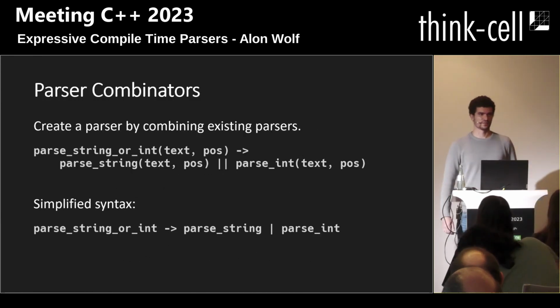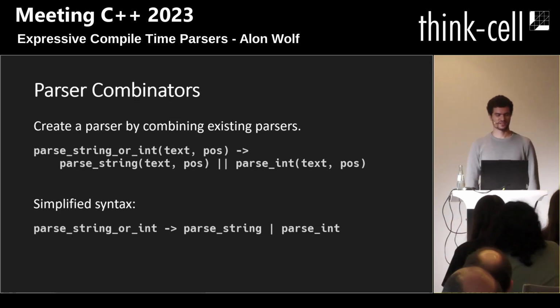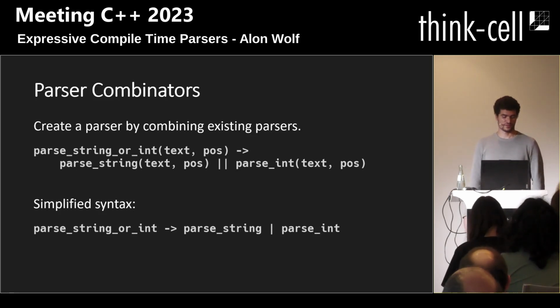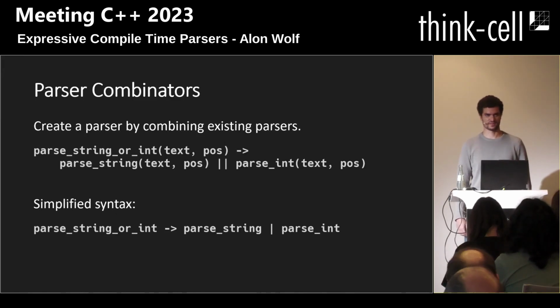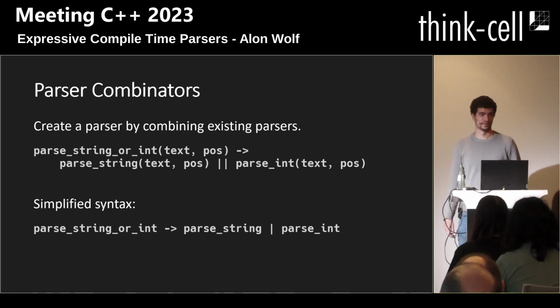So there are many ways to create parsers. One common way is by using parser combinators. A parser combinator can create a new parser by combining existing ones. So, for example, if we have a function that we call parseString that takes the input string and the current parsing position and returns a string or an error, and we have another similar function called parseInt that takes the